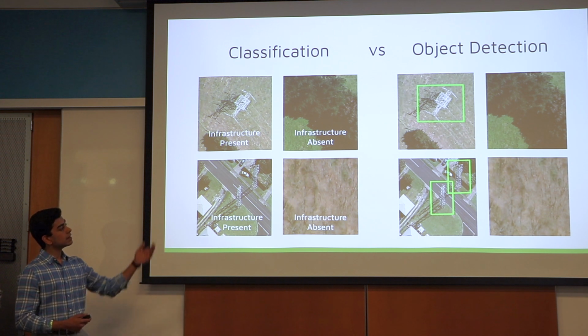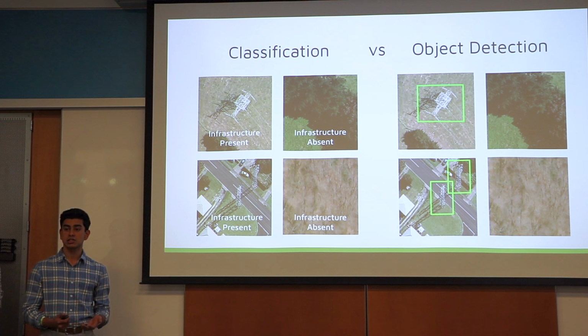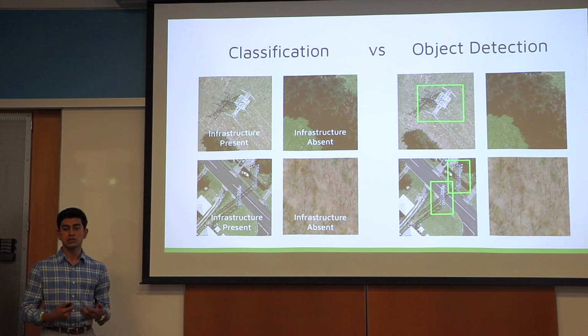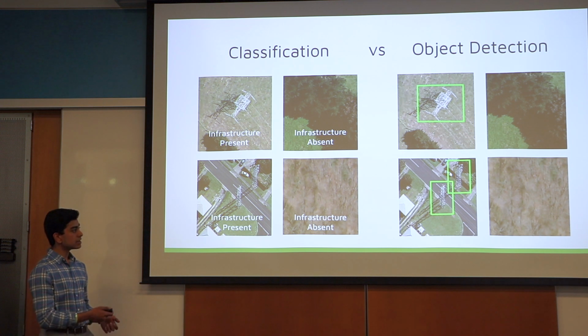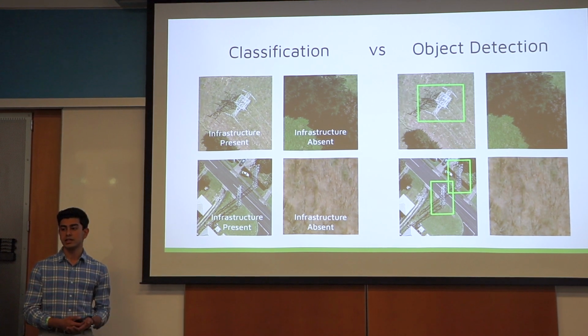So as you see here, in the left 2 images, we've actually drawn boxes around where it sees types of energy infrastructure. And it's important to note that in this image here, we have 2 boxes because we have 2 pieces of infrastructure there. And similarly, for images where there are no boxes present, we don't want the model to draw anything there. And so this is the approach that we ended up using moving forward because that would be able to tell us precisely where an image infrastructure might lie.